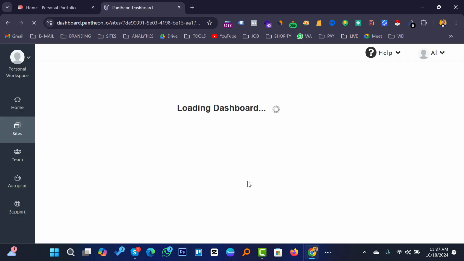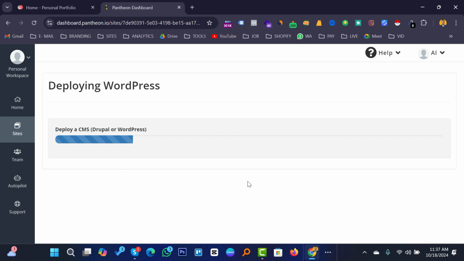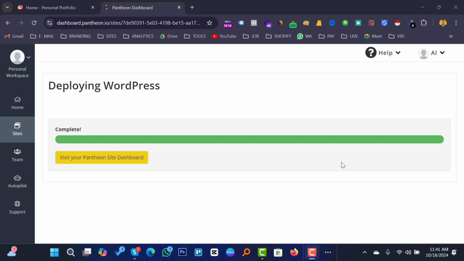Yes. So after that, you will see this kind of interface, and I want to explain everything. It needs time to deploy, so you should wait for a few minutes. It depends on your internet connection, and I think within 1 or 2 minutes the process will be complete, and you will see the next option. After a few minutes you will see the deploying WordPress completed, and it depends on your internet speed, so you should wait, and then you will see the option to visit your Python site dashboard. So I want to click here,